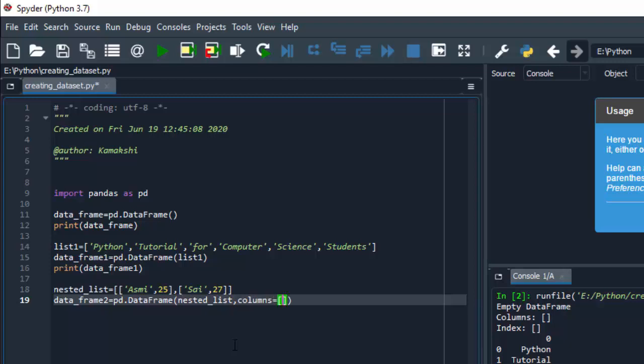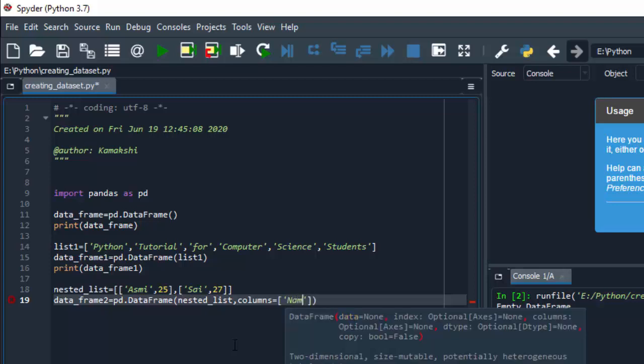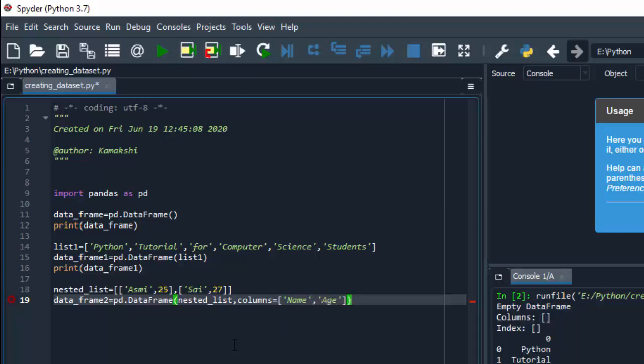Now this is quite different as compared to the previous example which we have seen. Here what we are doing is, we are also specifying the column names. That means for name column, it will specifically be listed as name, and for the integer values, it will give the column name as age. So this is how, while creating a data frame, you can also specify the column names over here.